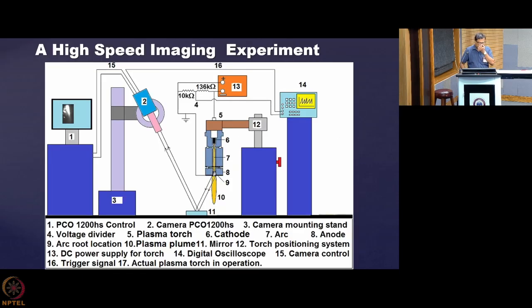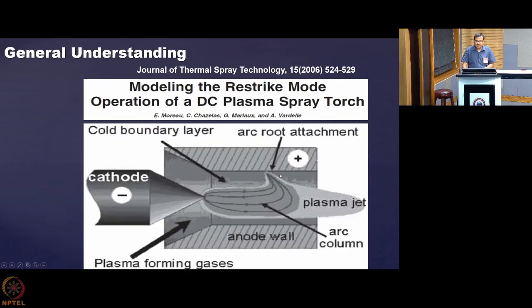Now, a typical diagnostic looks like this, and if you want to confirm whether there is an arc root, the point where the current comes out from the anode. Rather, we used to say the current enters the anode, but the correct way to say it is that the current direction actually comes out from the anode and enters the cathode. The electrons are entering the anode. Anyway, the junction where the current joins the anode.